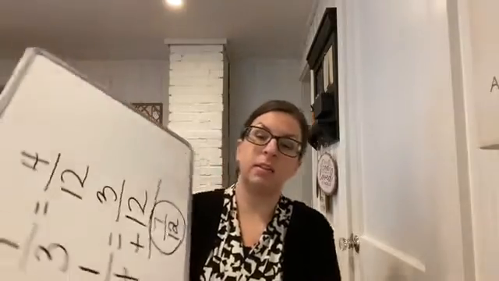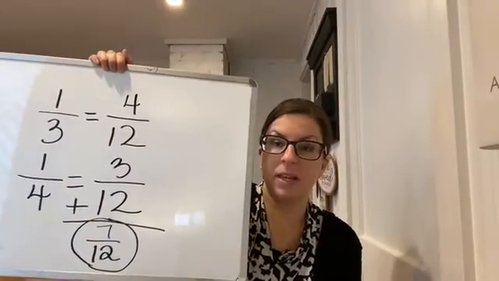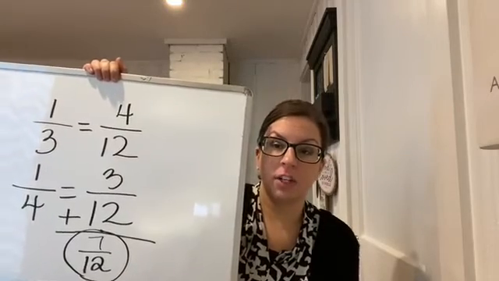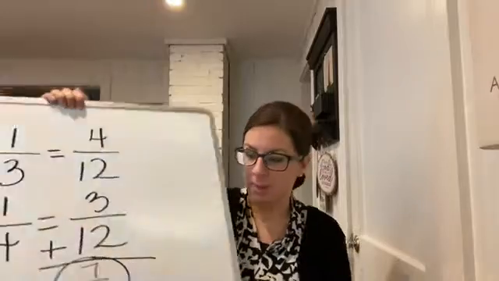So 4/12 plus 3/12 equals 7/12. Is that as small as that fraction can get? Is that the smallest, the reduced fraction? Yes, because the greatest common factor of 7 and 12 is 1. Okay? All right, so let's look on your page